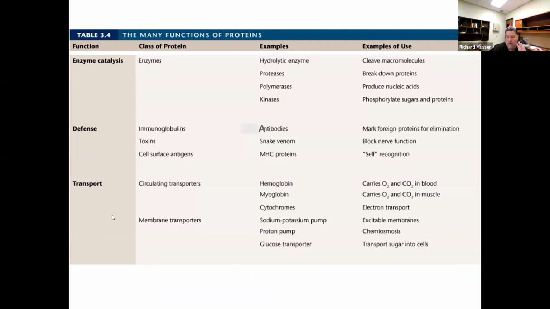The proteins are critical for animal life. They're going to be important for all these different enzymes. Anytime you see the word ACE, you know it's probably an enzyme. So here's a protease. That means it's an enzyme that breaks down proteins. And again, all enzymes are going to be made up of proteins. And what do enzymes do? They speed up chemical reactions, whether it's breaking down something or building something up. Enzymes are important for all that.